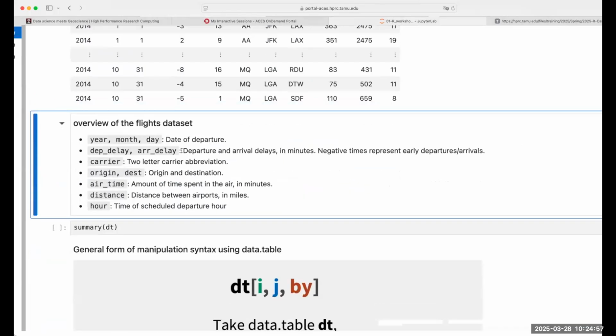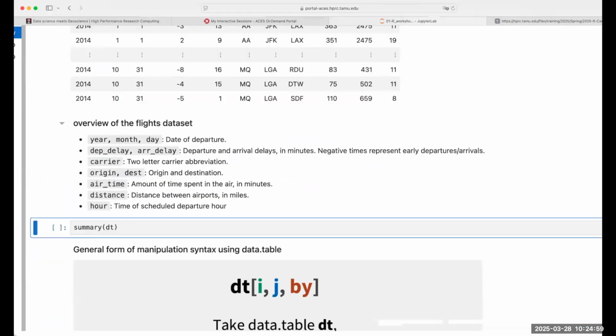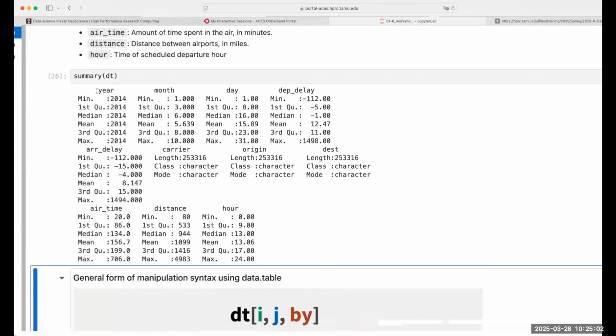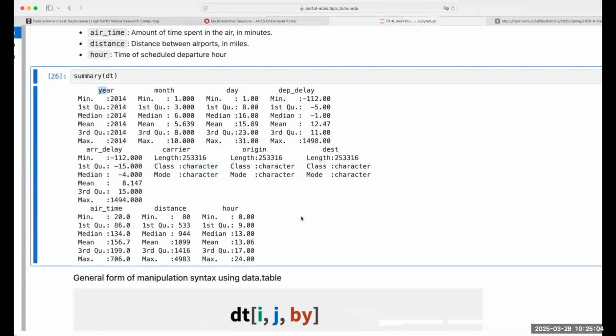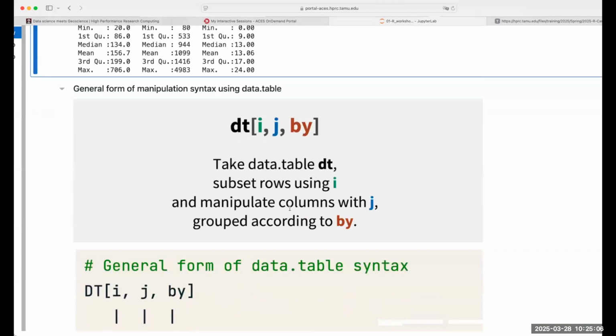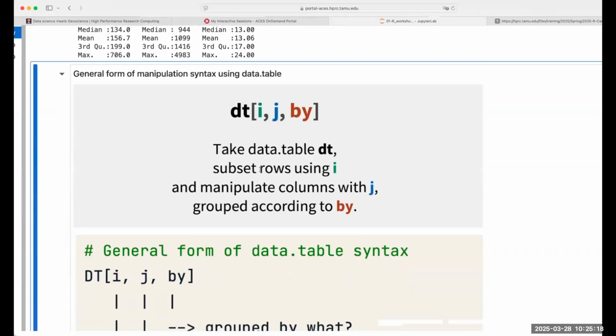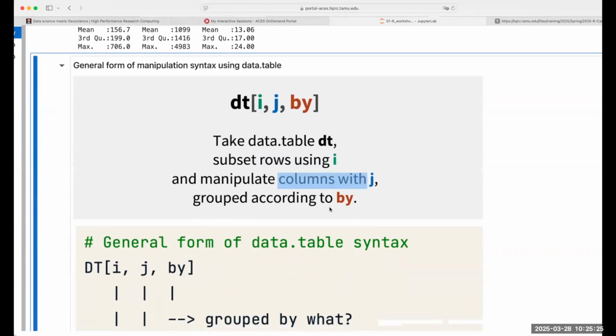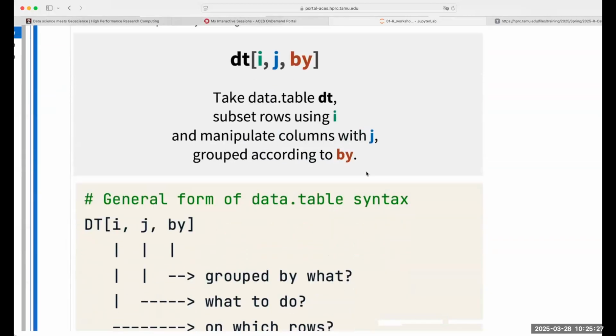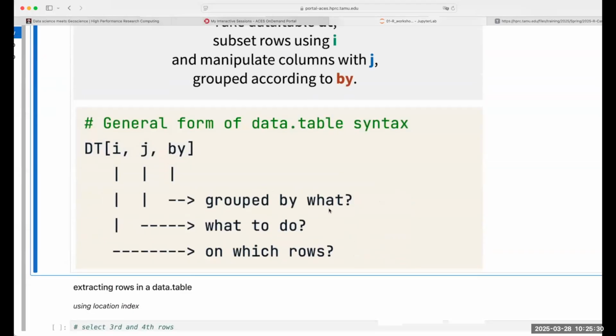So here's the overview of the flights dataset. We can summarize it for all the information. So the general form here is we have three arguments in the bracket here. The first one is subset rows using i, and manipulate columns with j, and grouped by using by. So here's an overview, and we will go through some